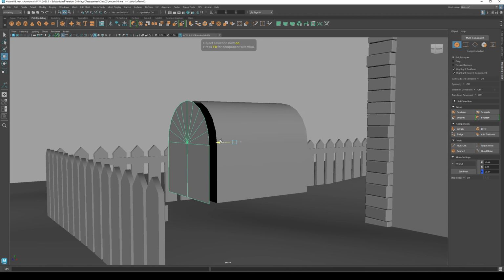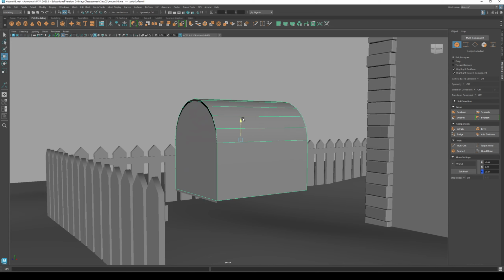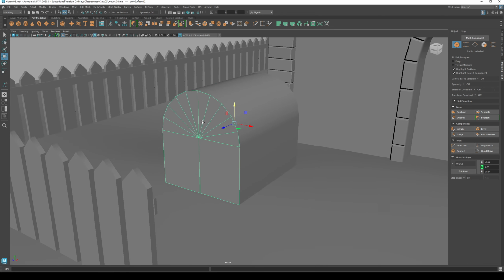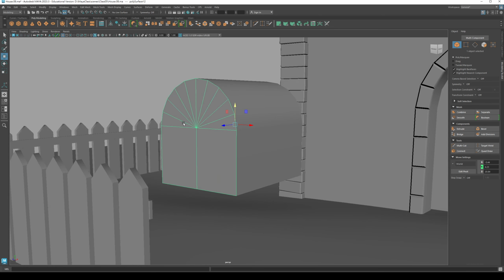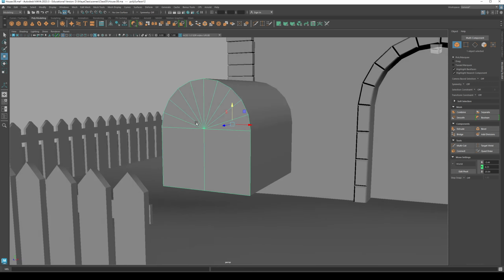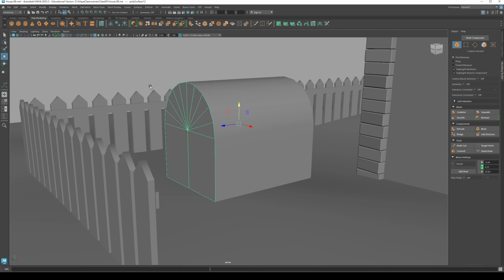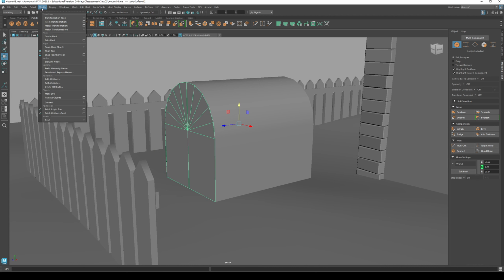One is this part, and another one is this part. So this is the cover or the front side of the mailbox, and let's center the pivot by selecting Modify, Center Pivot